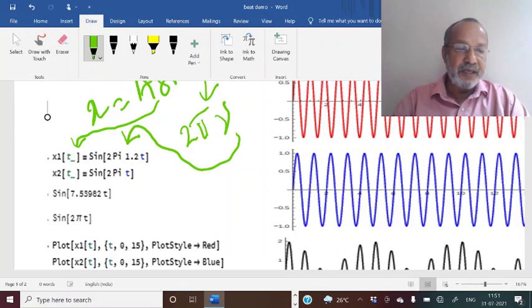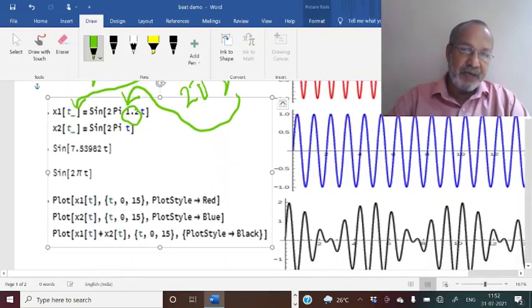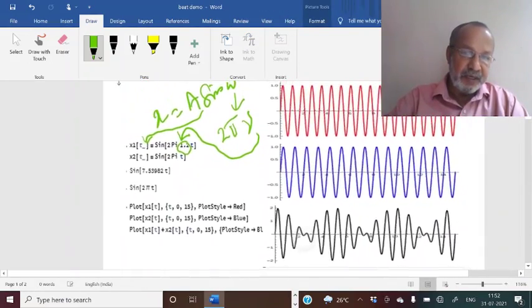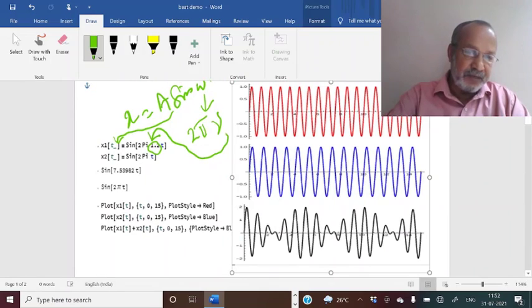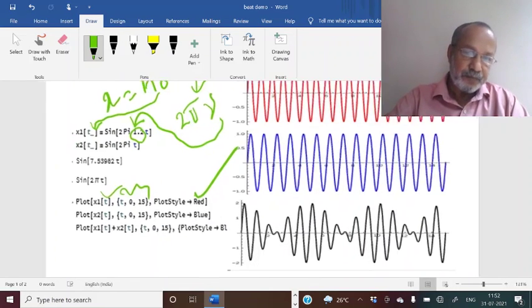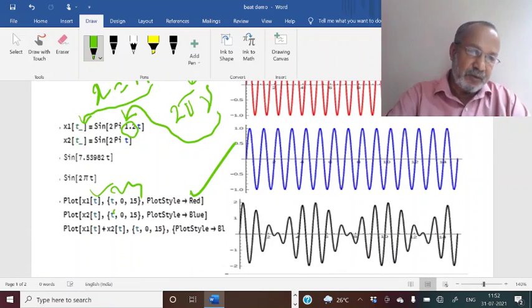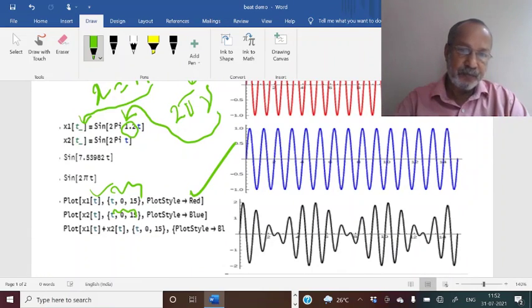You can see here x1, which is the first SHM, has a frequency of 1.2, and the second one has a frequency of 1, so nothing is to be written there. I have plotted the first function x1 from time equal to 0 to 15 in red color, and the second SHM is also plotted for time equal to 0 to 15 in blue color, that you can see here.